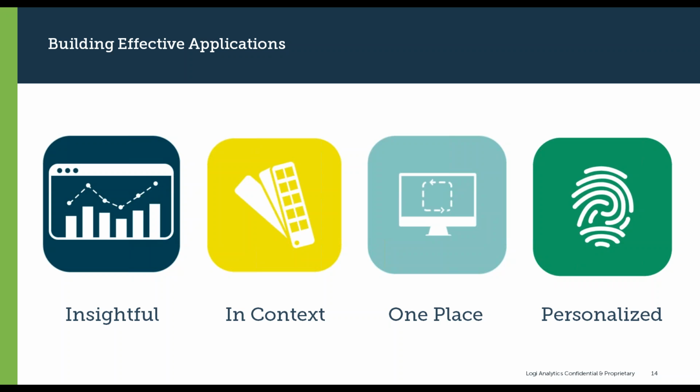Obviously, when we're building analytics on data, we do want it to be insightful. So we're building or displaying it in a way that makes sense, but also how we deliver it. In context and in one place are actually closely tied to each other. In one place is about, instead of having to go to a separate application, the analytics are exposed in line with tools and platforms or pages that they're using today, without having to go somewhere else for analytics.